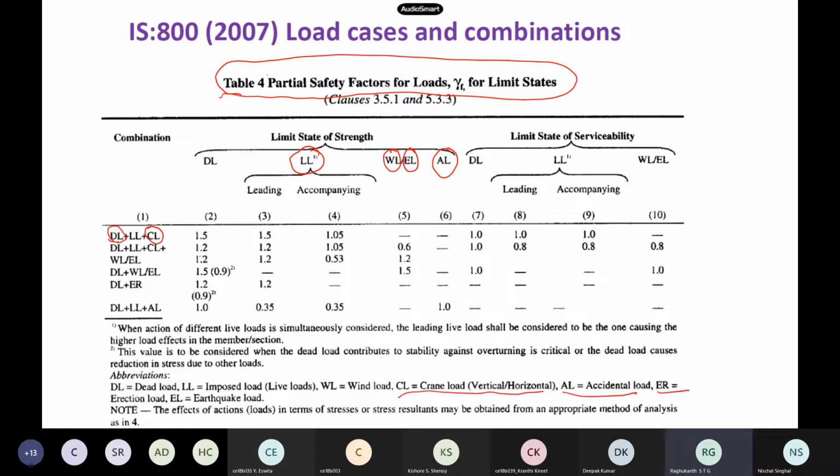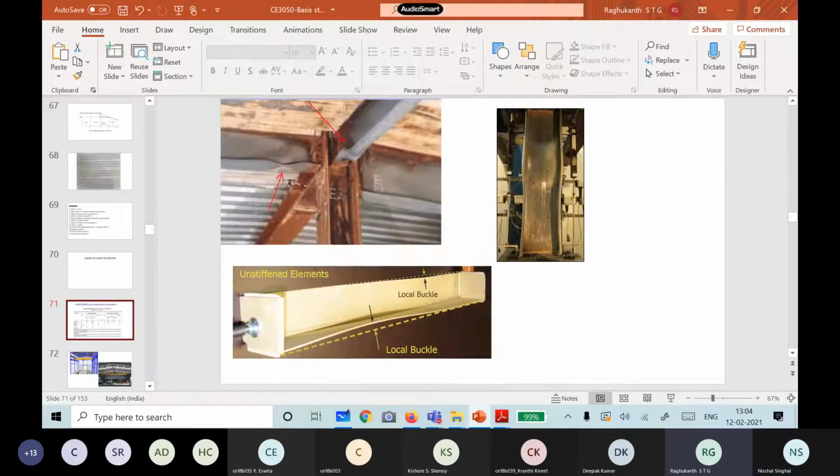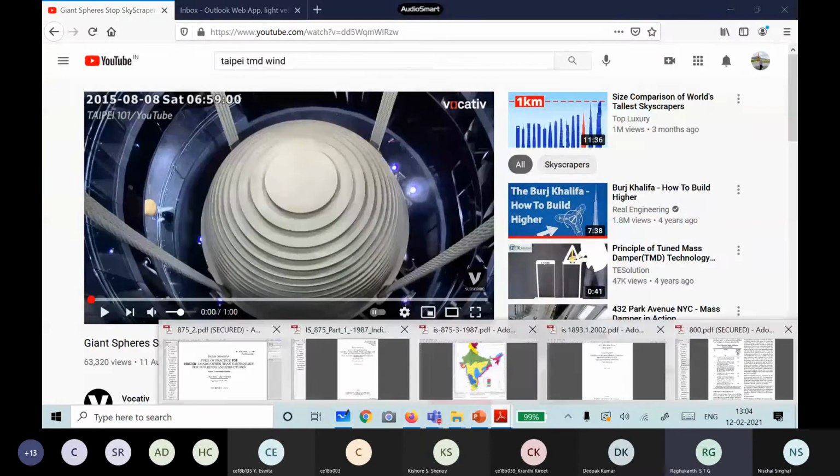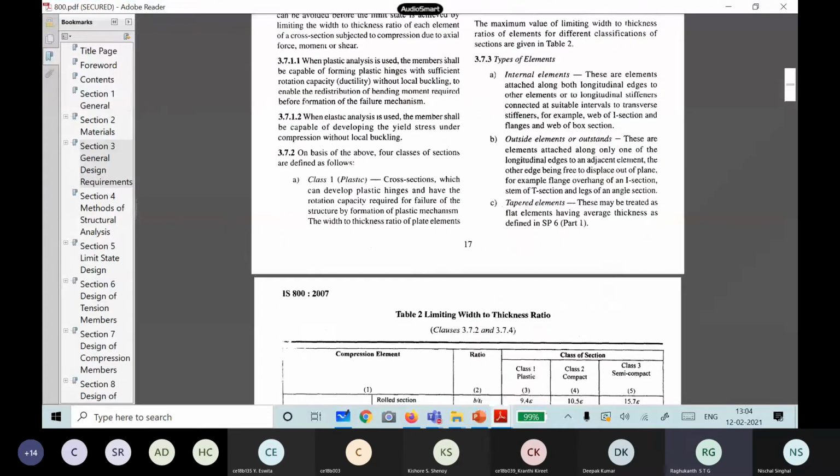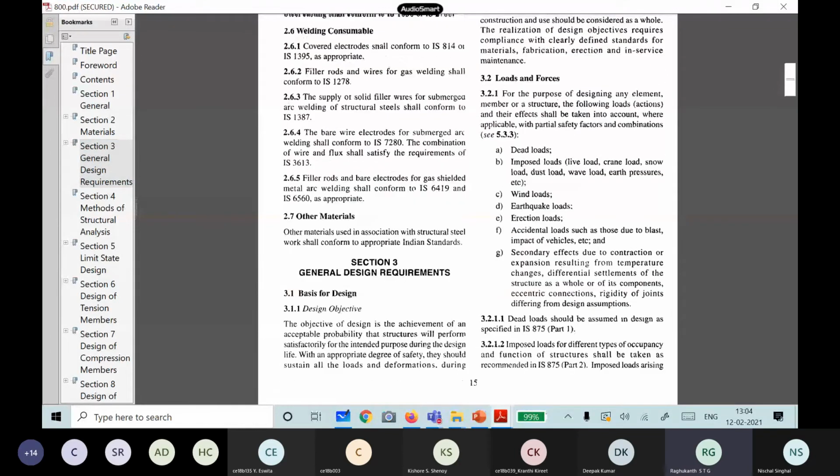Our code specifies what type of loads you have to design for and what standards you have to use. For example, if you see our IS 800, you can clearly see what the loads are in Section 3.